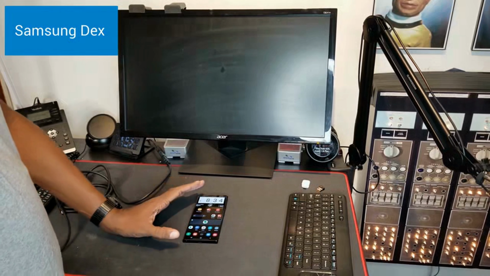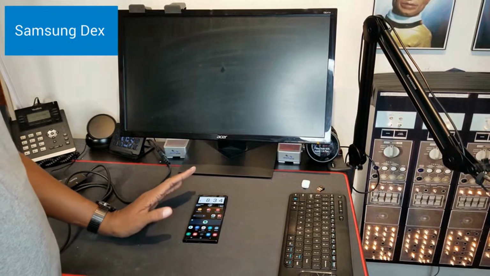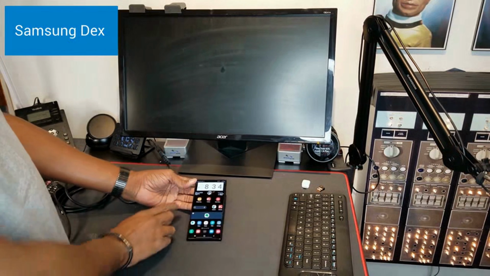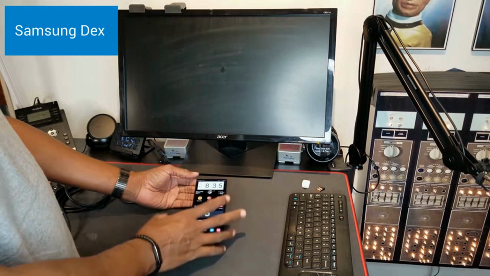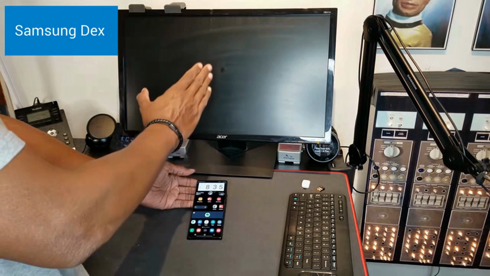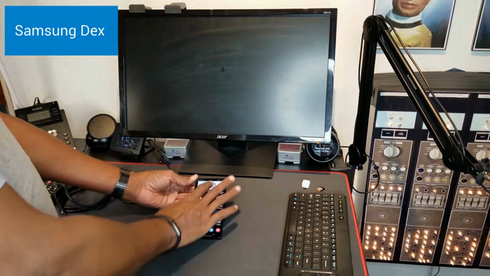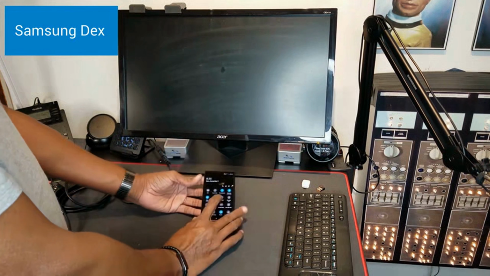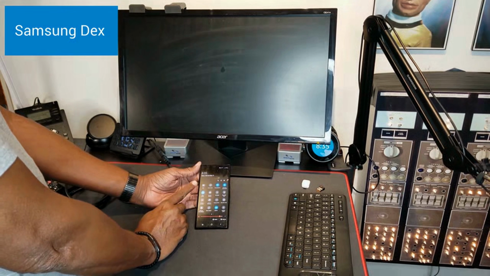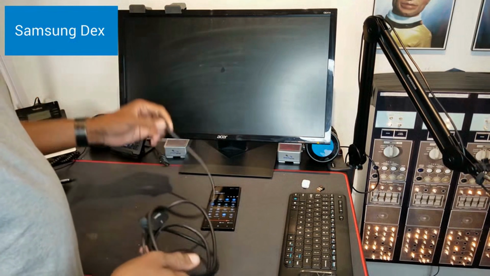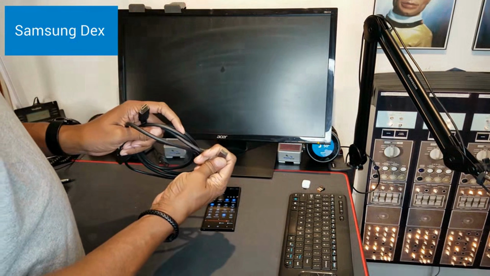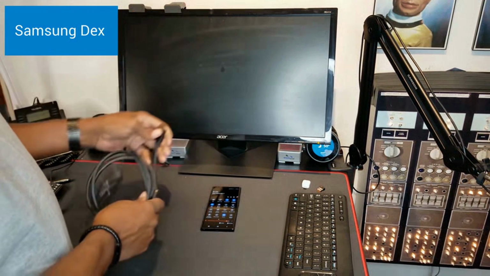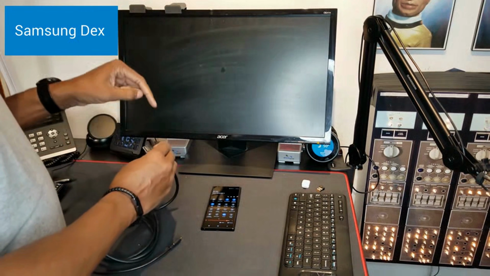I'm going to do as much of this in real time so you can see, because I already know this is going to blow your mind. Inside of your phone, there's a separate section in there that acts as a desktop computer. All we have to do is hook it up to a monitor and a keyboard, and we're all set. If you pull down, you'll see a button marked DeX. You can use any cable that's USB-C on one end and HDMI on the other. I'll put links for these down below.